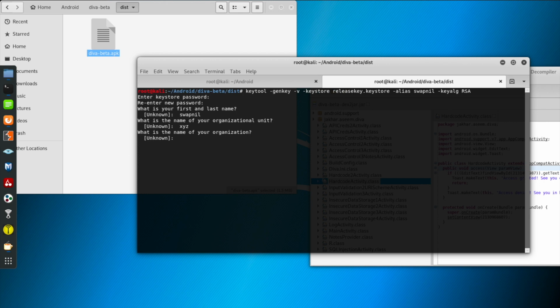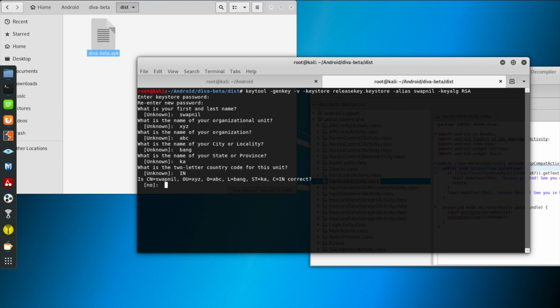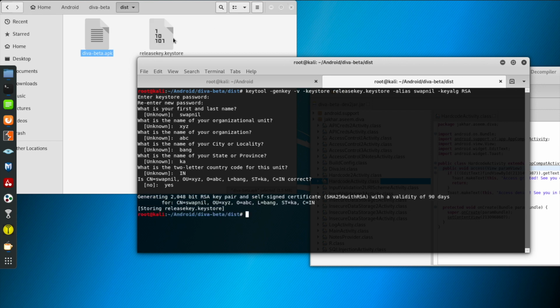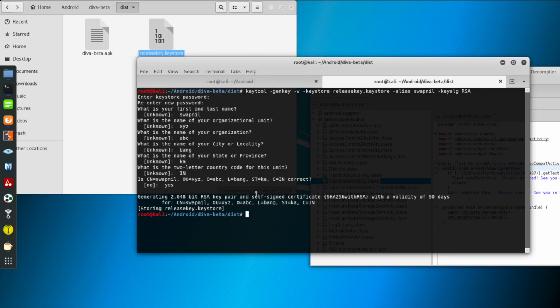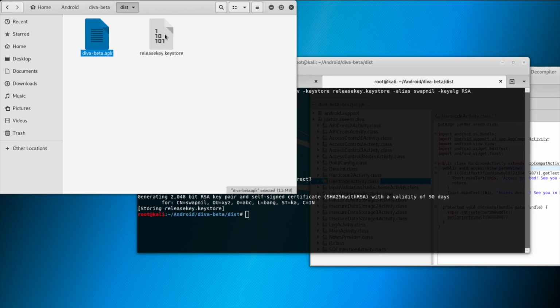For the organization I am giving ABC, the city Bangalore, the state Karnataka, KA, and it will ask for the two-letter country code, which is IN. Then type yes that the given details are correct and you want to save it. Press enter, and you can see the keystore has been created.